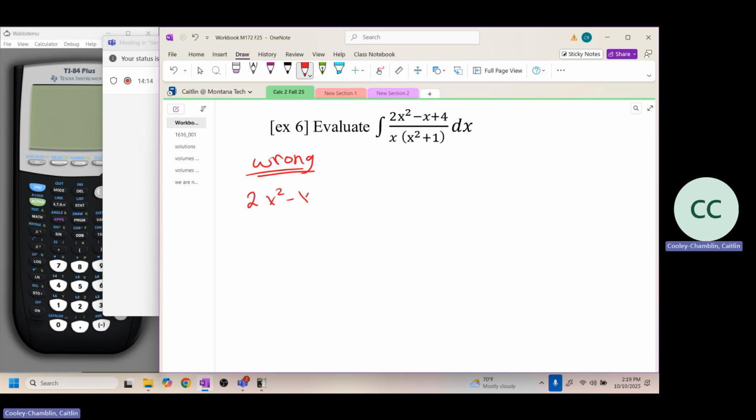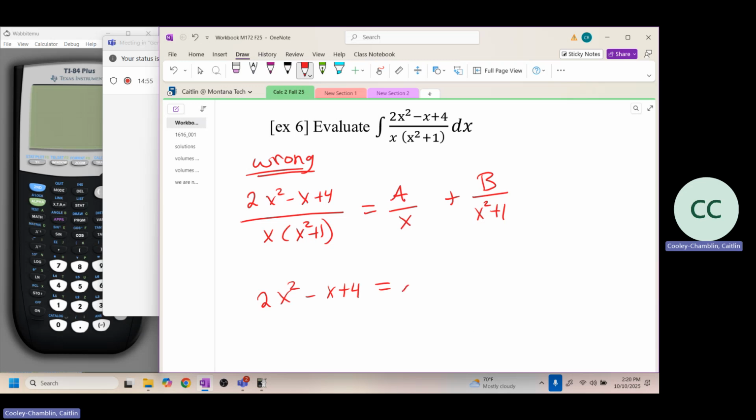2x squared minus x plus 4 over x times x squared plus 1. Notice we cannot factor this any further. It's an irreducible quadratic. So if I do what my brain tells me to do, which is a over x plus b over x squared plus 1, multiply through, we get 2x squared minus x plus 4